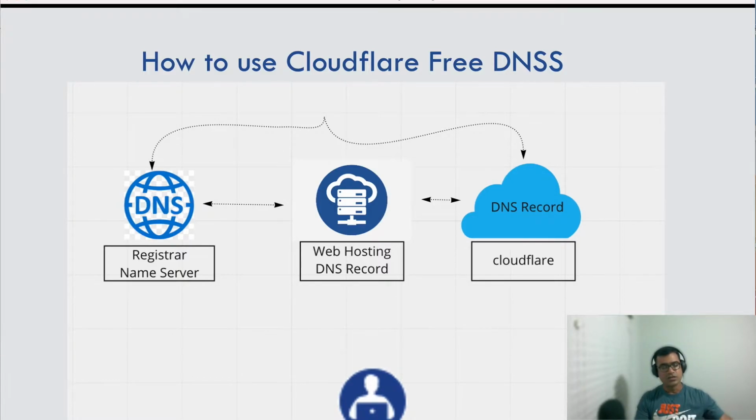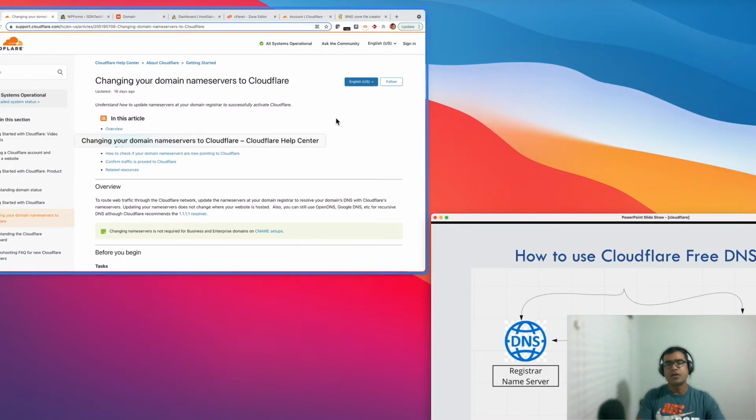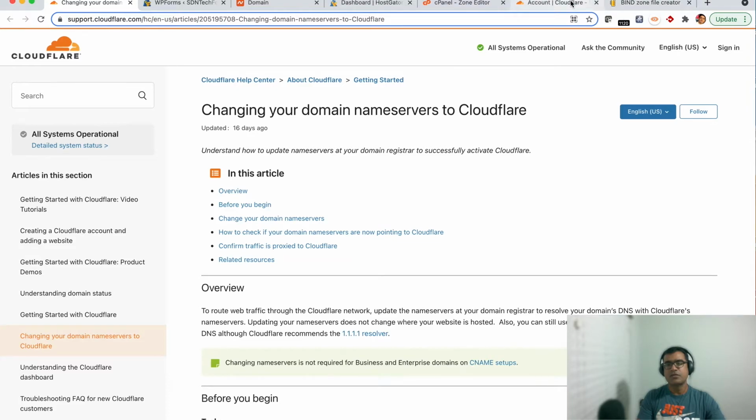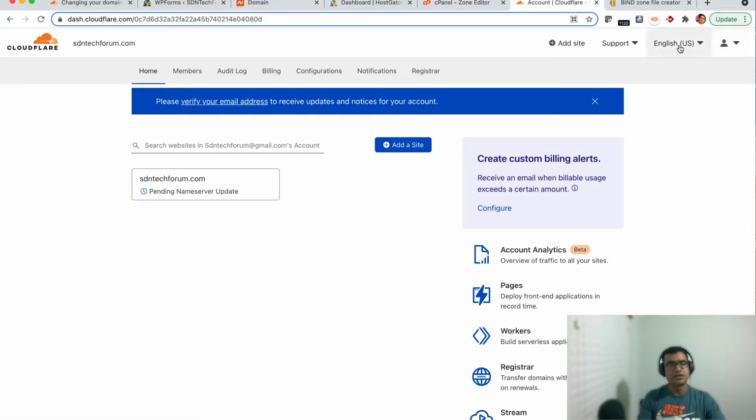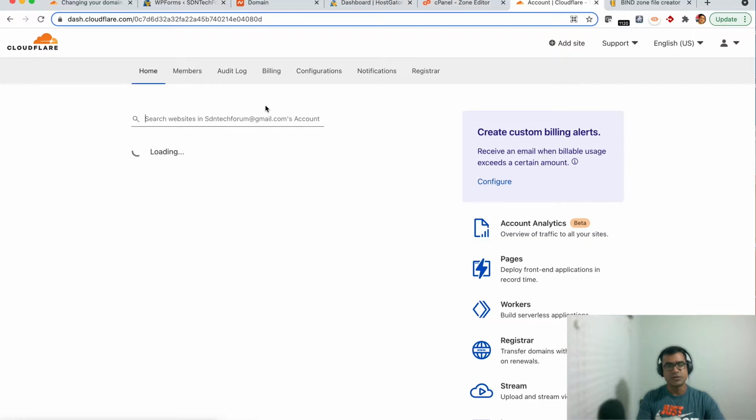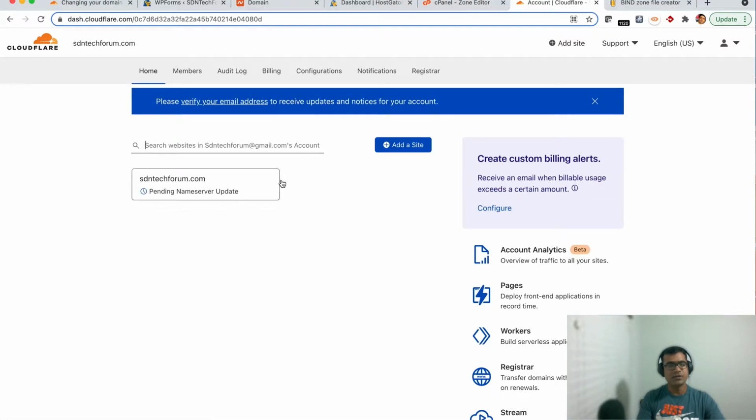All right, so let's go to Cloudflare. When you go to Cloudflare, you have to sign up for an account. And the first time you sign up, you will see there are multiple options, three options: free, business, and pro. Select free. I have selected free. And when you select free, you will come to this page, Home. Here you can add your site. So put your website